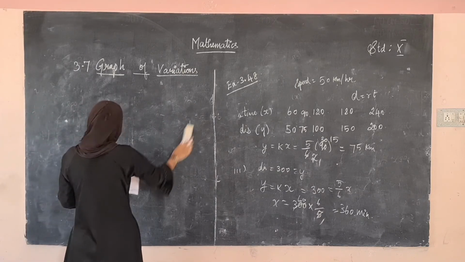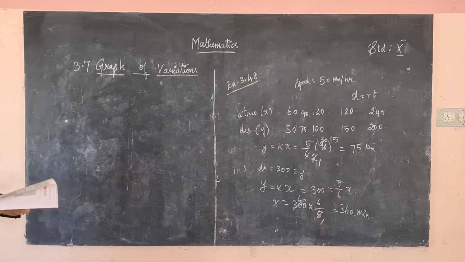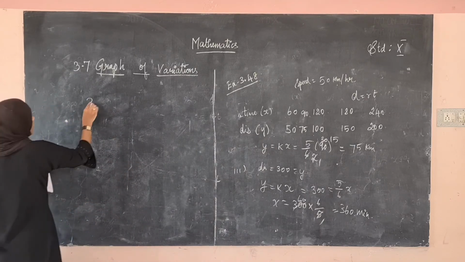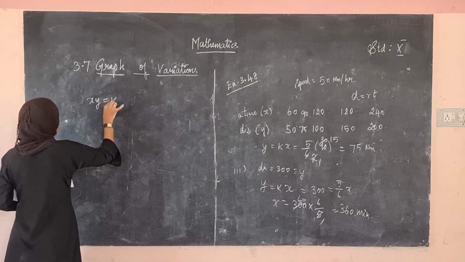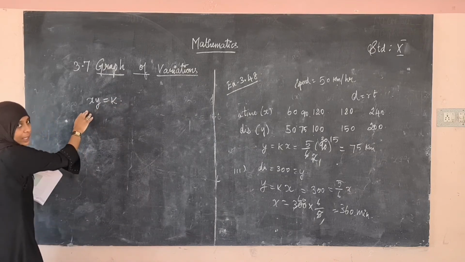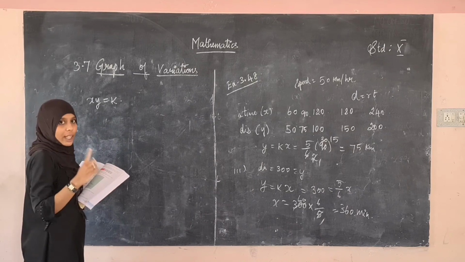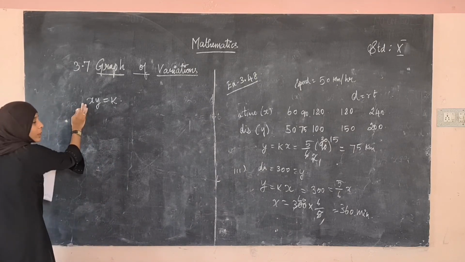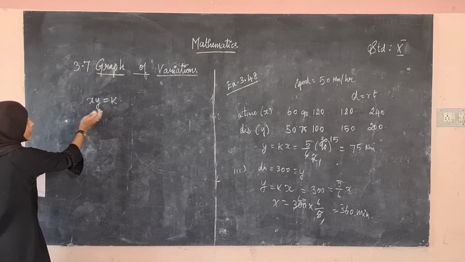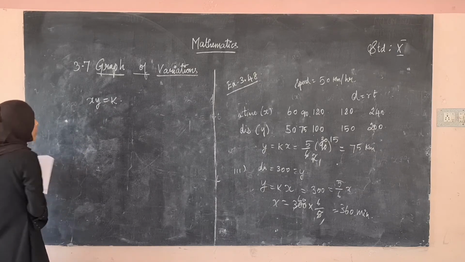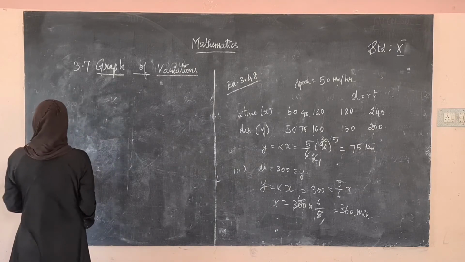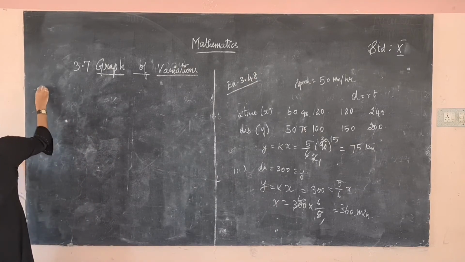See, for this variation, the equation will be like this: xy is equal to k. This is the indirect variation's equation, and the direct variation is y is equal to k into x. And here the indirect variation's equation is xy is equal to k. Okay. See the example